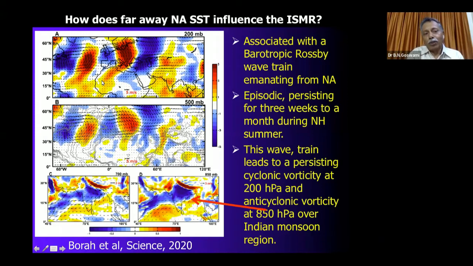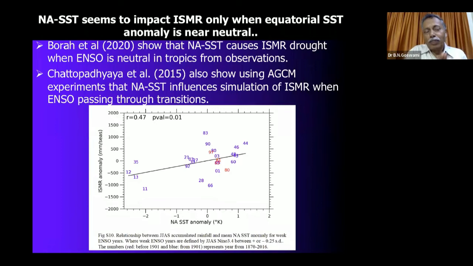So in addition to this signal that we get, that it has a predictable signal in producing the droughts, non-drought years, it also provides a mechanism through which it can influence the monsoon. And so it seems from this study, as well as another study that we did using a GCM experiment, where we put sea surface temperature anomalies in the North Atlantic and simulated the monsoon rainfall in the monsoon region by using a GCM. And we changed the different sea surface temperature anomalies in the North Atlantic, and found out that